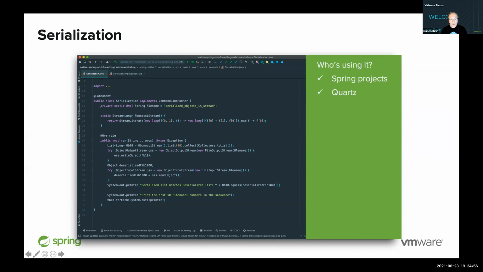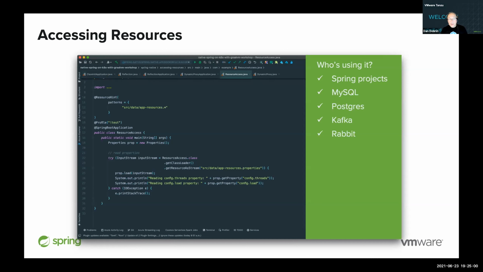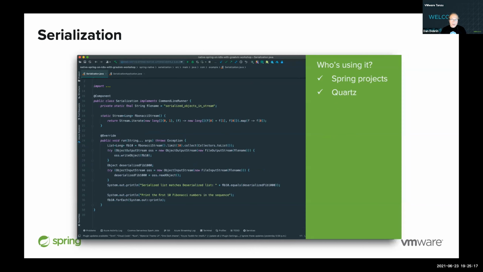Quite used for a number of years. Then we have resource access. Again, who will use resource access? Spring projects and all the data related projects. So when we would think about it and look at